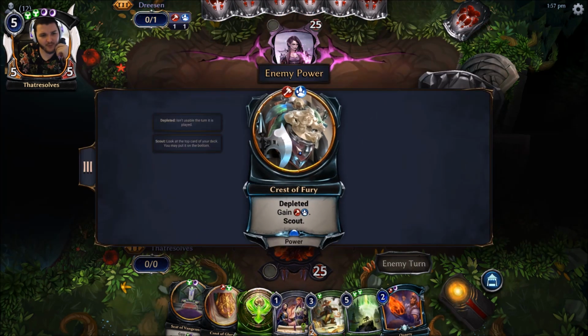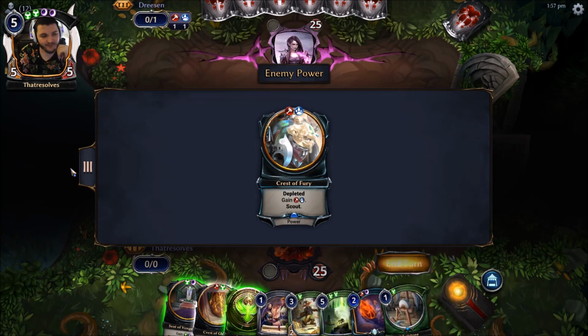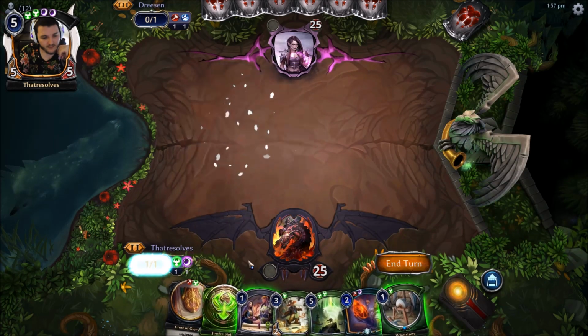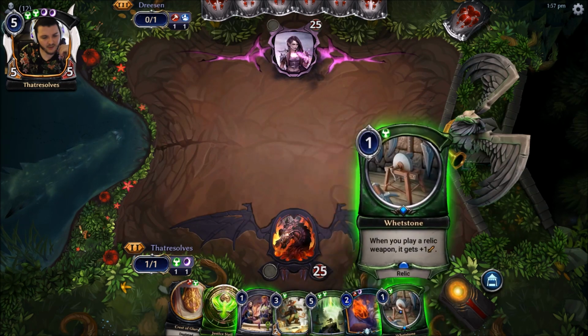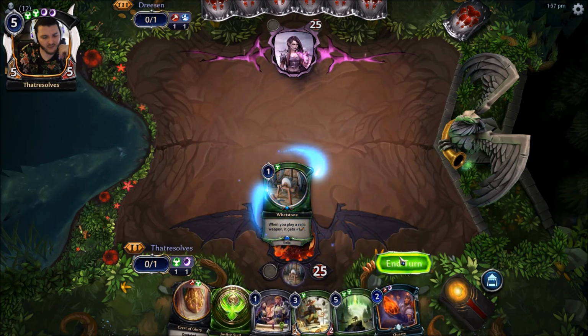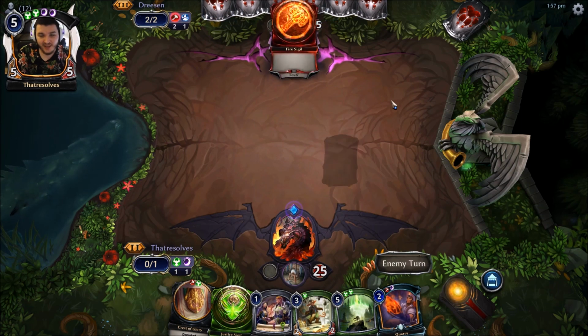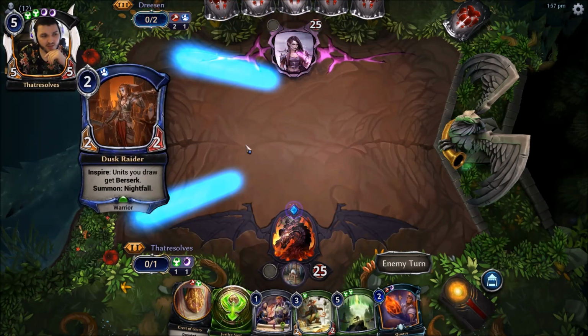Oh boy, that premium is a bit too bright, isn't it? So I think we're just going to fire for Whetstone here. Probably playing maybe some kind of bigger Skycrag, like Yetis or something with the Crest. Okay, so